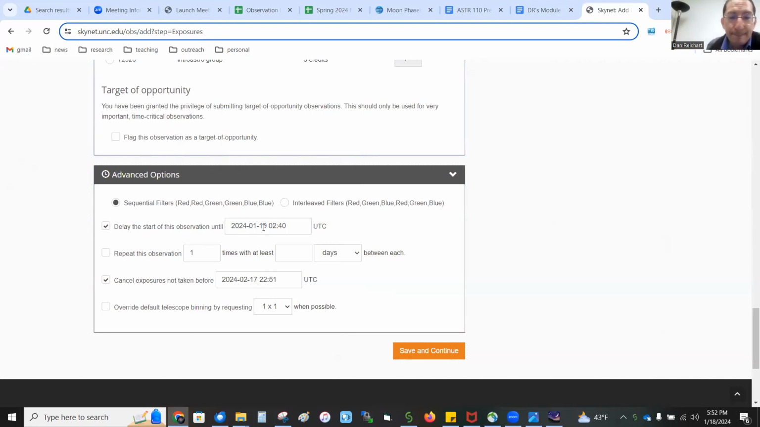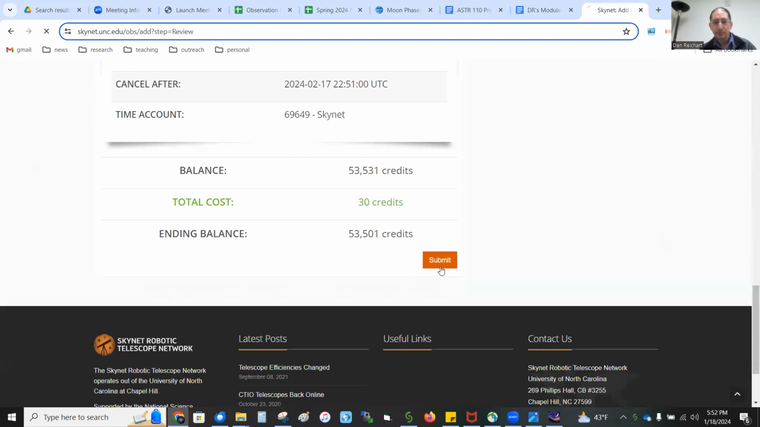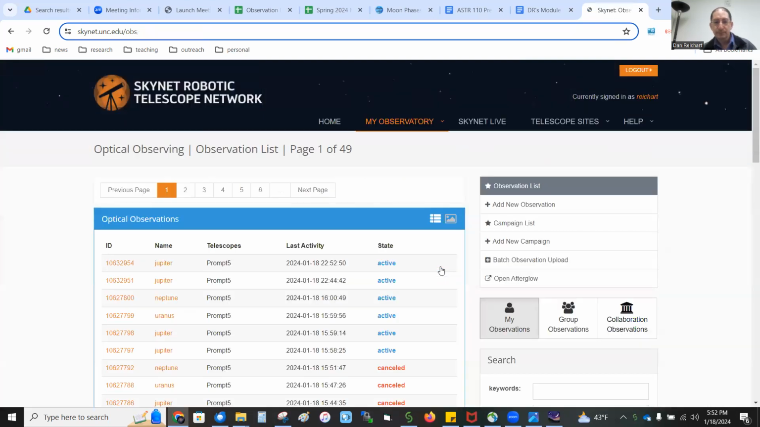Okay. Save and continue. Submit. There we go. Okay, that's doing planetary observations in Skynet. And again, not just a single exposure. We did multiple exposures because we're going to stack them for a number of reasons. We'll get to that in an upcoming